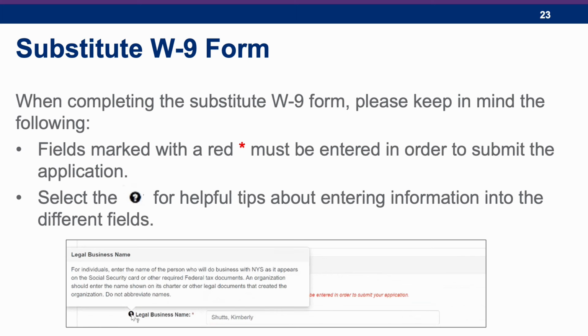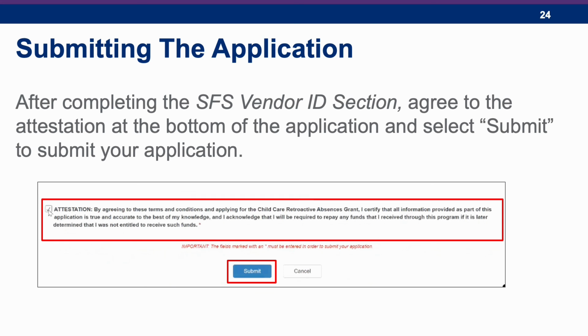Fields marked with a red asterisk must be entered in order to submit the application. Select the question mark next to a field for helpful tips about entering information into that field. After completing the SFS Vendor ID section, agree to the attestation at the bottom of the application and select Submit to submit your application. Now let's take a look at where you can find resources for the Retroactive Absences Payments